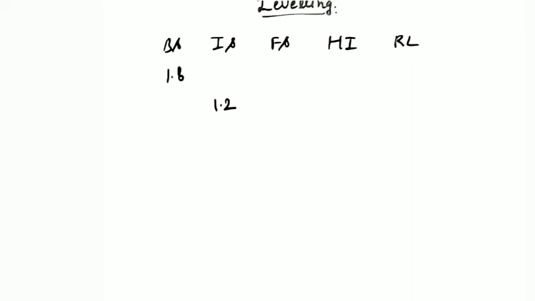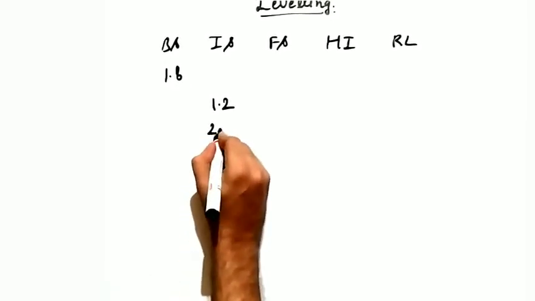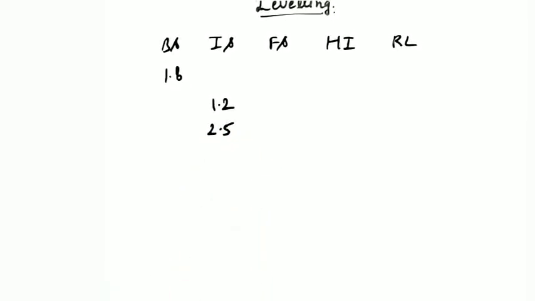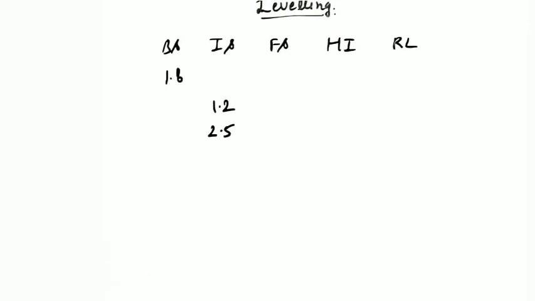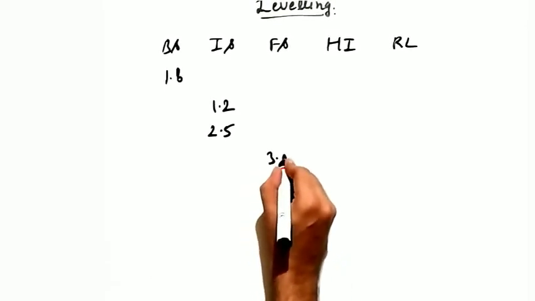If they are not giving you the table directly, you will be asked to fill the table as well and calculate the required levels. The second intermediate side reading that was taken was 2.5 meters. And finally they took the foreside reading. That means at a particular station the final reading at that station was taken, and it was the foreside reading.